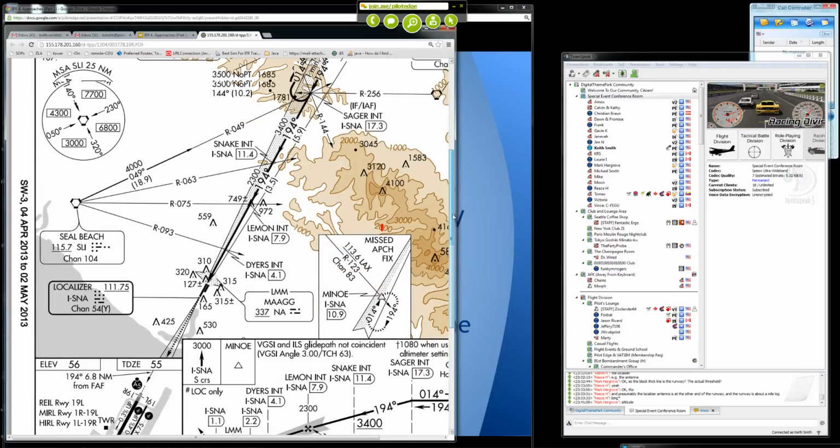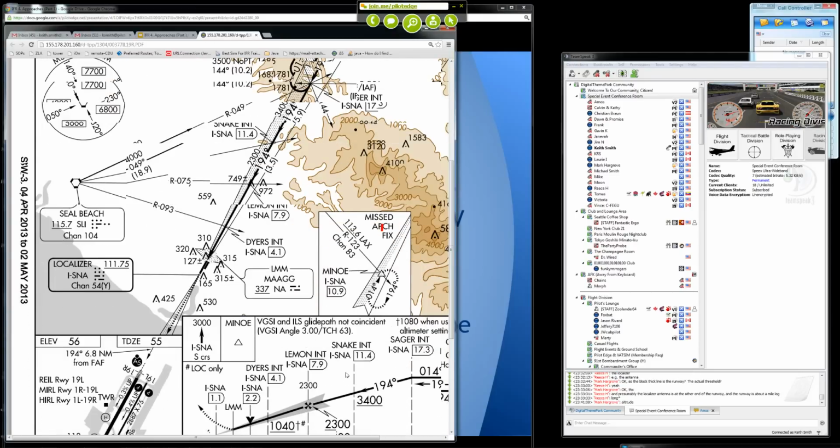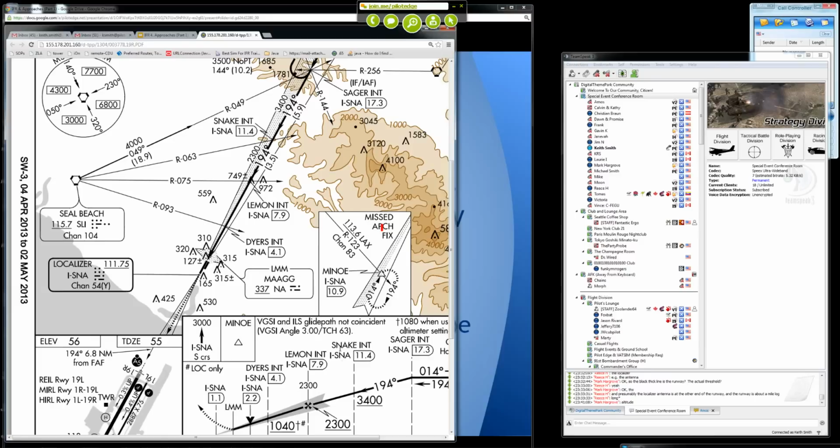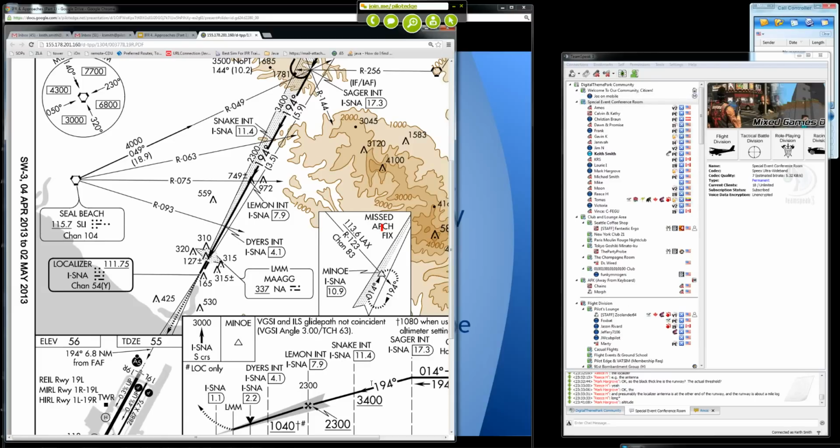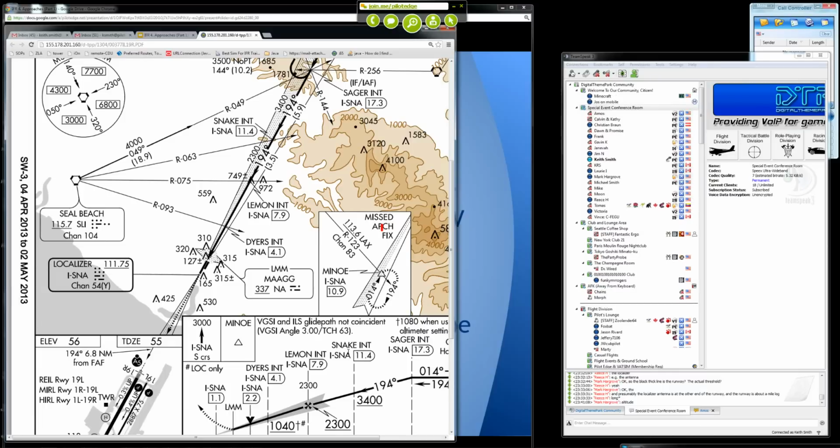Because if we're vectored inside of Snake, then once we join, we can drop down to 2,300 feet. If we join outside of Snake, then we can only drop down to 3,400 feet. So you do have to maintain some situational awareness, at least on non-precisions. Actually, on precisions too, you have to maintain some situational awareness of where you're going to be joining on the